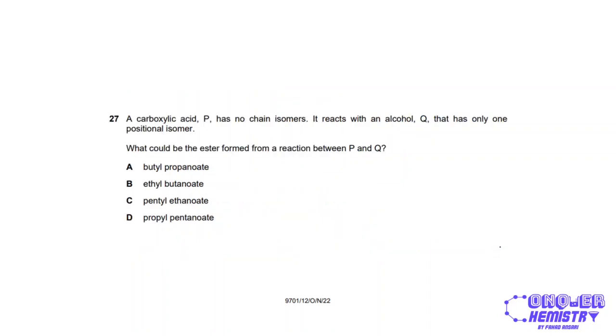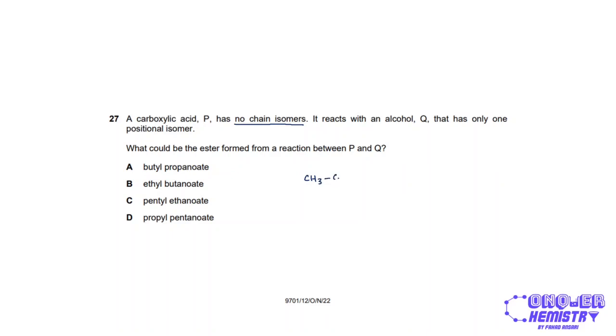So carboxylic acid P has no chain isomers. It reacts with an alcohol Q that has only one positional isomer. What could be the ester formed from a reaction between P and Q? All right. So let's take a look at this. We have a carboxylic acid P that has no chain isomers. All right. So what that means is that we could either have